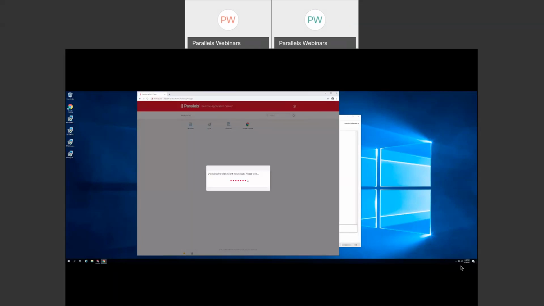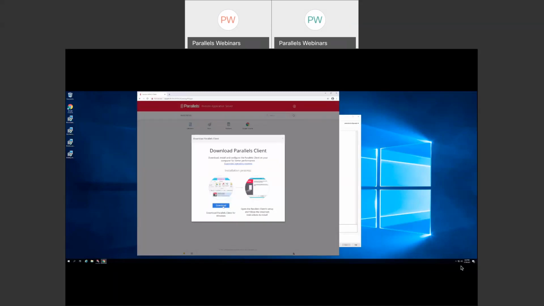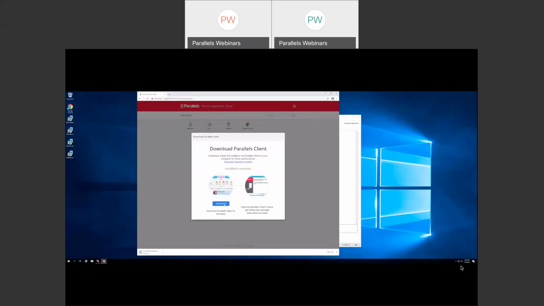All right, so the Parallels client, let me walk you through this and then I'll show you the differences. I'm going to go ahead and install it. This is going to feel like a browser plugin to the end user and then download. It's not a browser plugin, but it's going to feel like it. Okay, now that it's downloaded, I just run it,